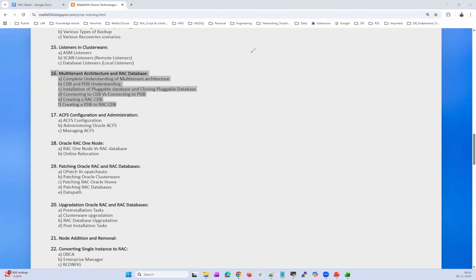Because as of 19C, earlier, let's say you talk about 7i, 8i, 9i, 10G, and 11G, in all these versions Oracle had a normal database architecture. In 12C, Oracle introduced a new architecture.